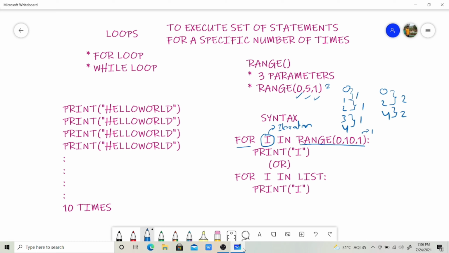but if you want to change the step value, you have to change it. And we have to use proper indentation inside the for loop, so that the set of instructions inside the for loop are identified by using this indentation only. And we have to use the same variable inside the for loop for printing. If we use i here and if we use h here, it will give you an error. And we can use any list or set or tuple, anything in the place of range.